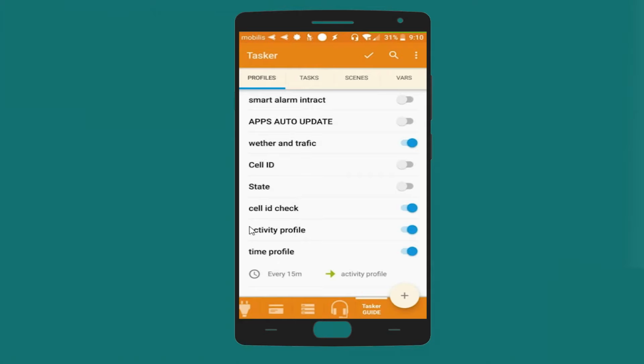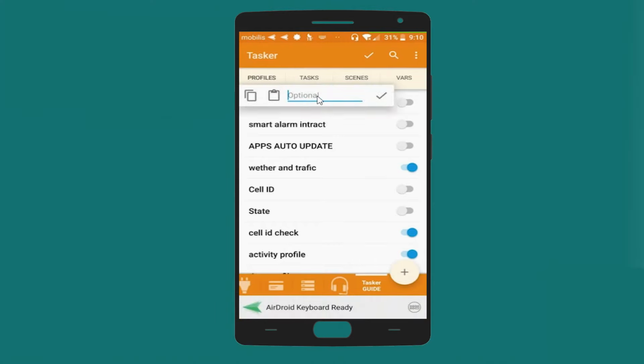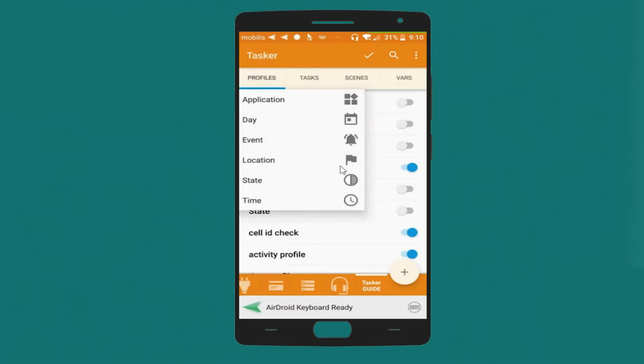We have activity profile and time profile, and they are different just for the trigger. The tasks are the same. Okay, now let's create the third profile, which is geofence profile. Geo, or let's call it geo profile. You can call it whatever you want. Geo profile, and let's put